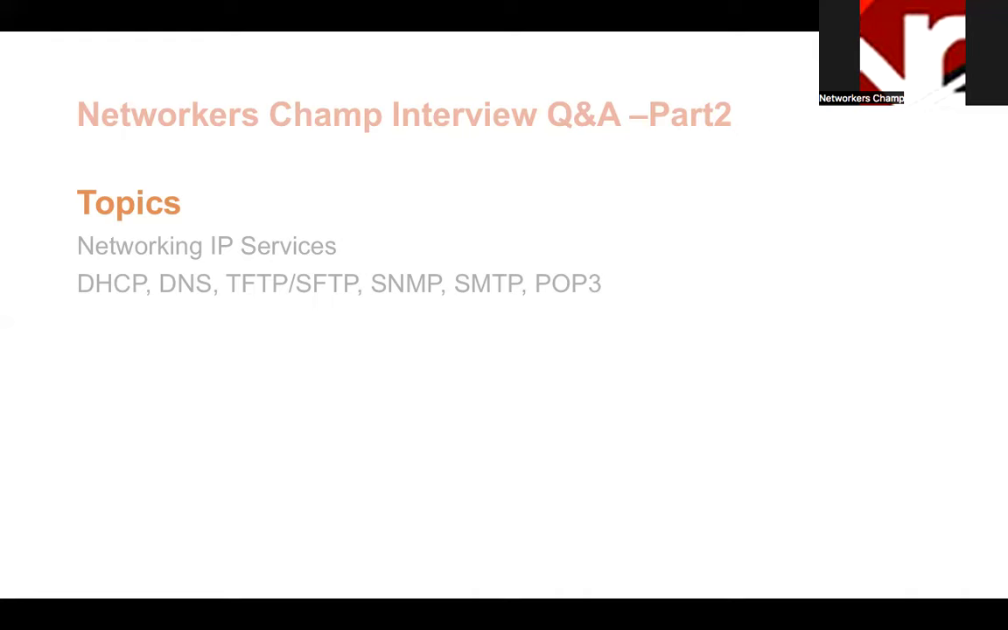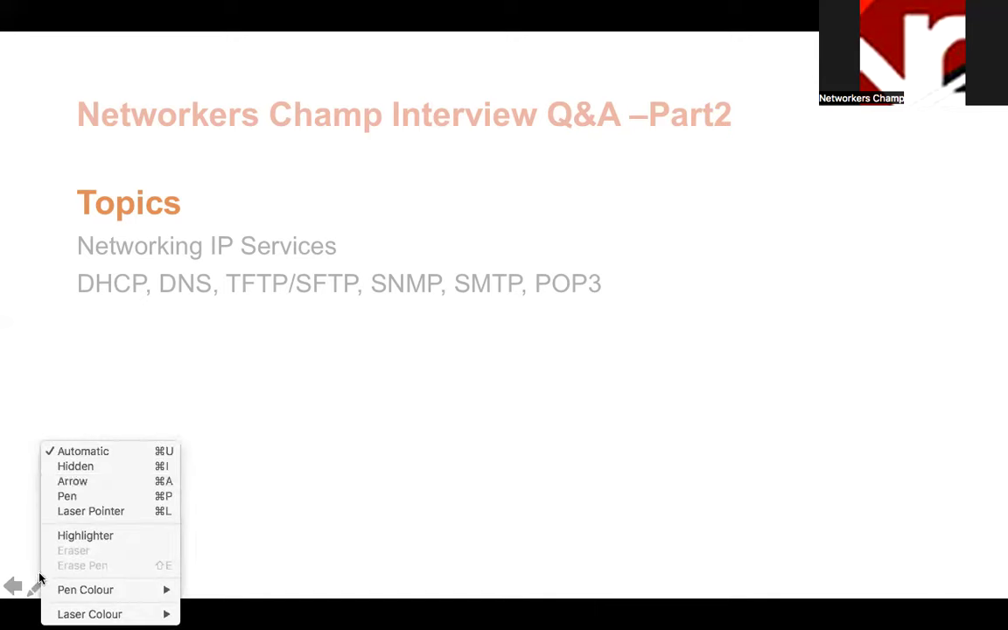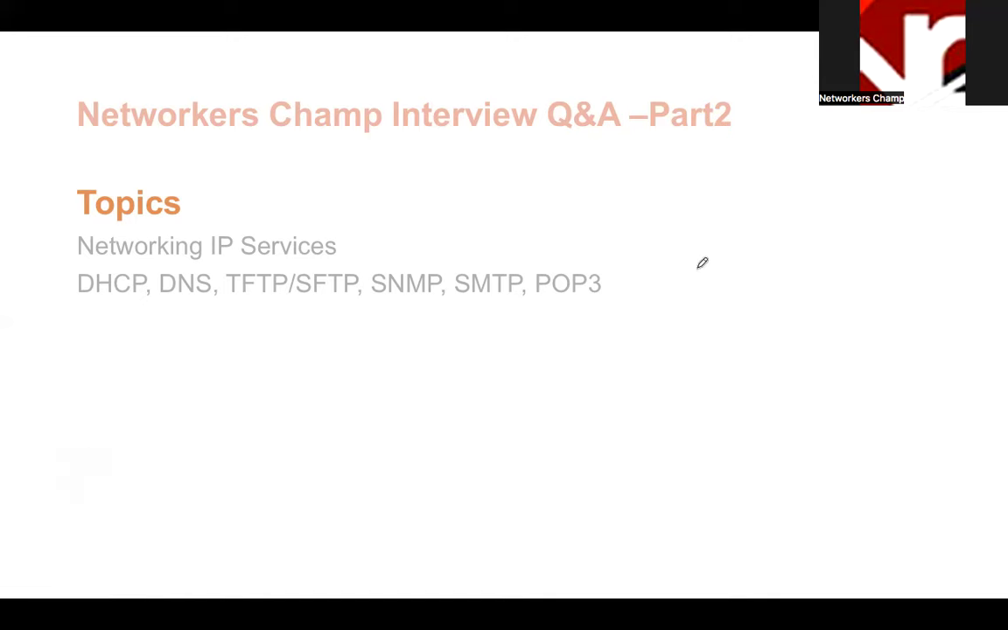So today we are going to discuss the Networkers Champ Interview question and answer part two. And in this part two video, we would be talking about the DHCP, DNS, TFTP, SFTP, SNMP, SMTP, and POP3. This video will be completely based on the real-time interview questions and answers that interviewers ask and expect,